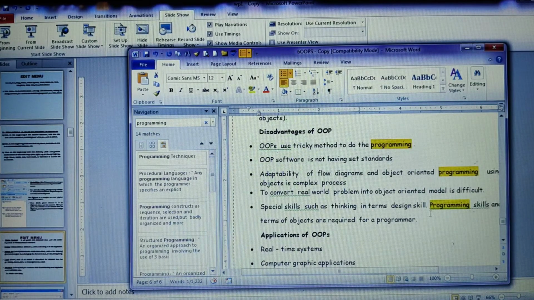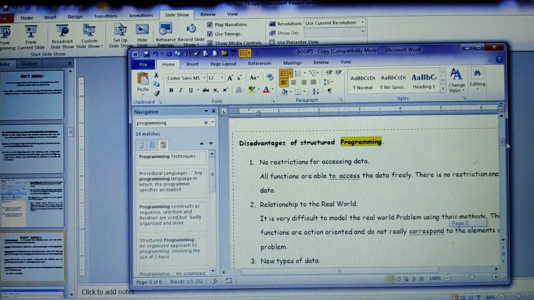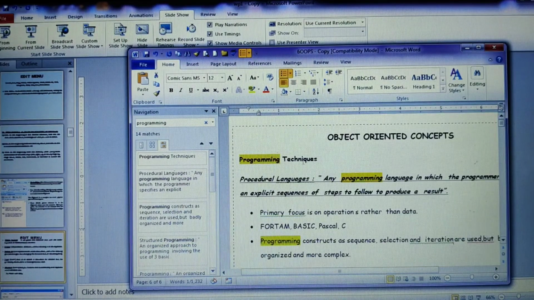You see in your document, wherever the word programming is there, every word is getting selected. That is the usage of find. It will search for the desired text you type here in your entire text. It is also giving that 14 matches are found.